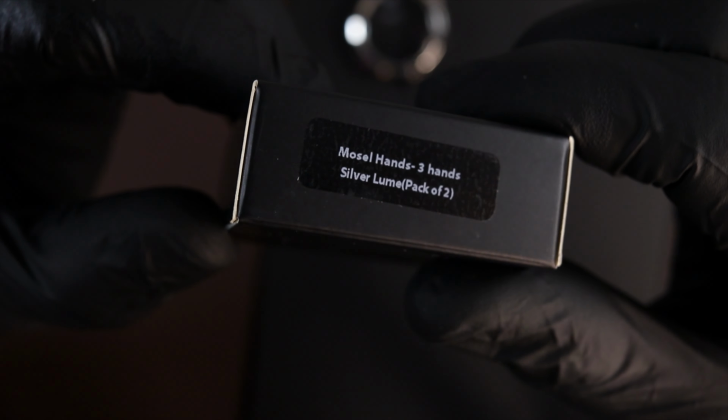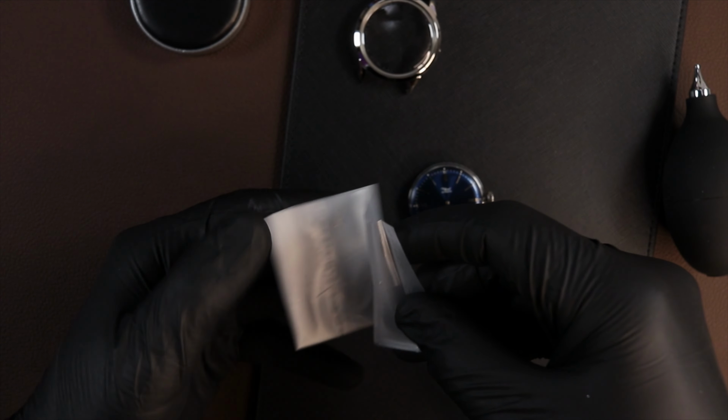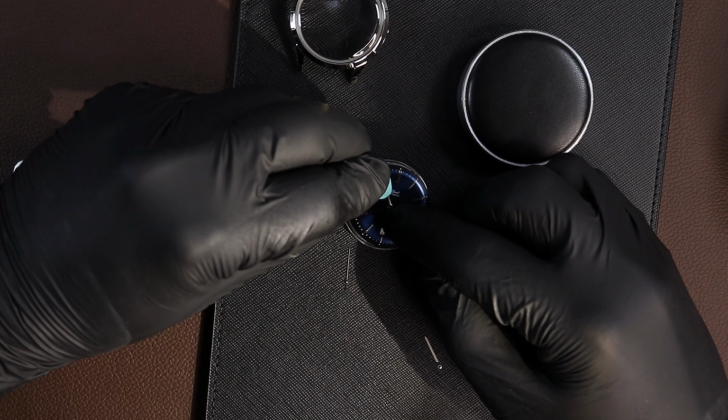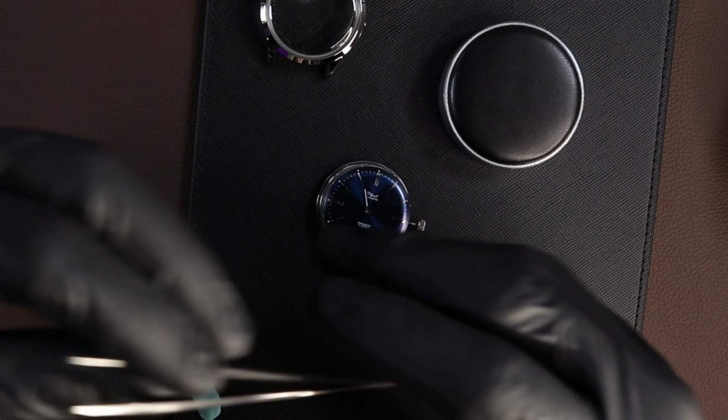movement. Here we have our upgraded Mosel hands with lume applied, which we'll carefully unpack as the hands are the most delicate components throughout this build. After turning the crown until just after the date has clicked over, we'll begin our hand installation. This by far is the most challenging part of the experience, so take your time and take a break if